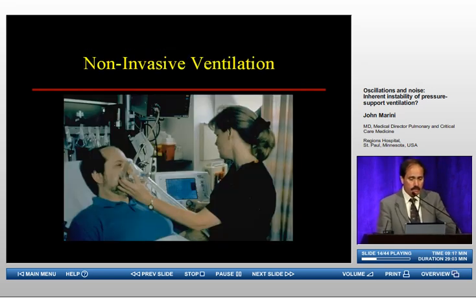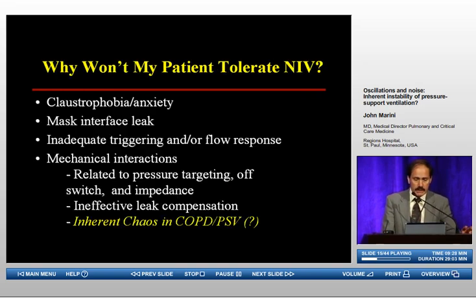Now, Bob talked a lot about non-invasive ventilation, and pressure support has been our main mode of ventilation in that setting, and for good reason. But many patients do not tolerate non-invasive ventilation. Bob has spent a long time telling you about the tricks that we need to apply to get patients to tolerate non-invasive ventilation. There are many reasons. He went over these: claustrophobia, anxiety, mask interface leak, inadequate triggering or flow responsiveness of the ventilator, and mechanical interactions related to the pressure targeting, to the off switch and impedance, to ineffective leak compensation,